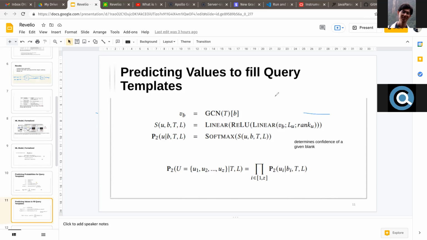Yeah, so they rationalize it by saying that a lot of the bugs are repeated, and all the repeated bugs will use the same kind of template. So that's why they structured the whole model like this. Okay, let's keep going on.